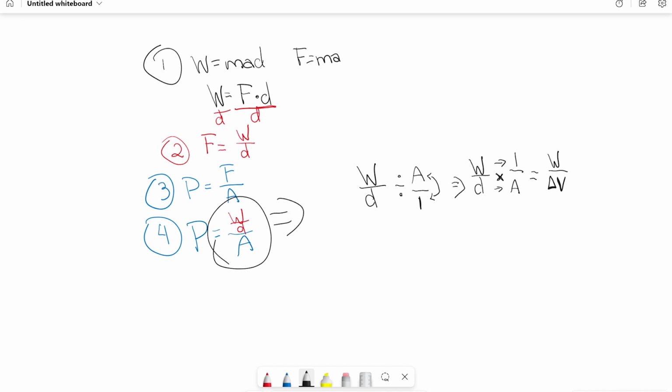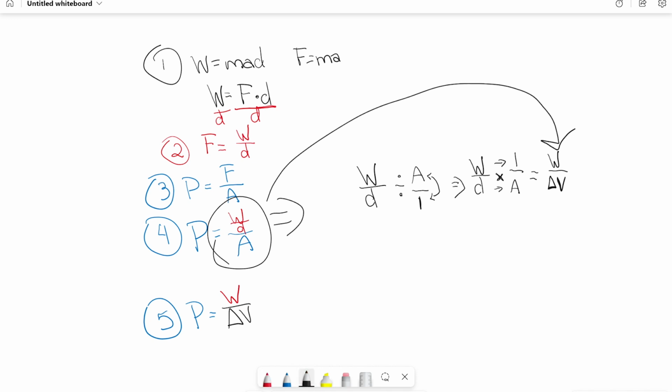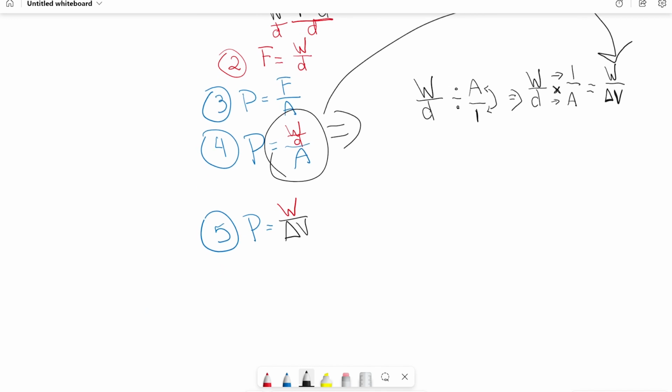So then we can say, instead of W over D over A, now this has become W over change in V. So now if we want to go back and put everything together, we can say P equals W over delta V from that fraction we just did. And then going back to how we rearranged the force and the work equation, we can rearrange this to not have these fractions. So instead of that, to get work by itself, we will multiply both sides by delta V,